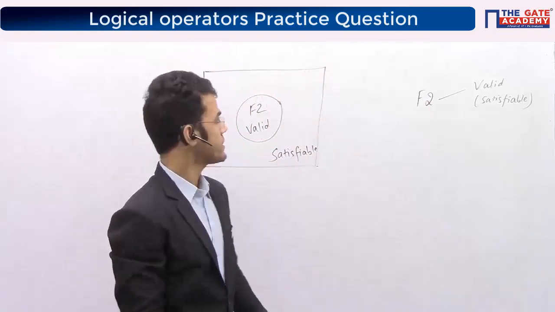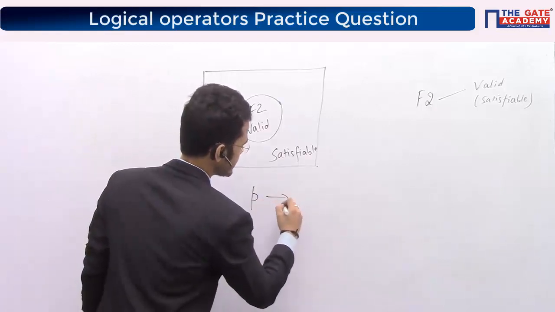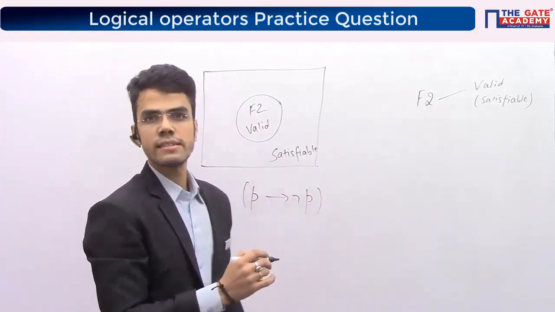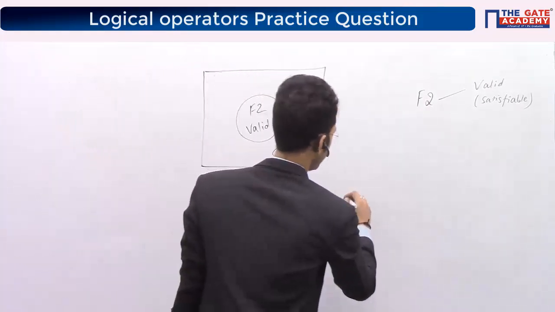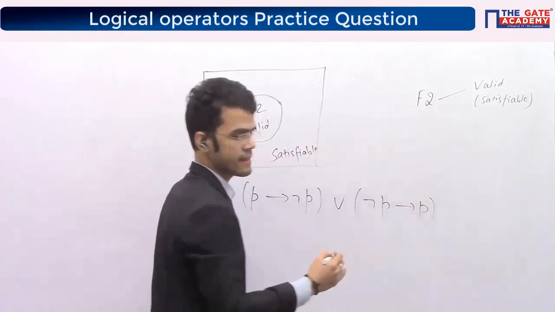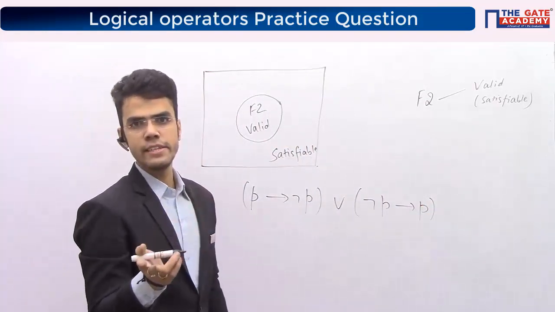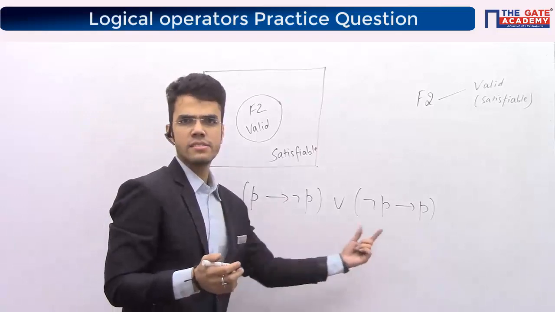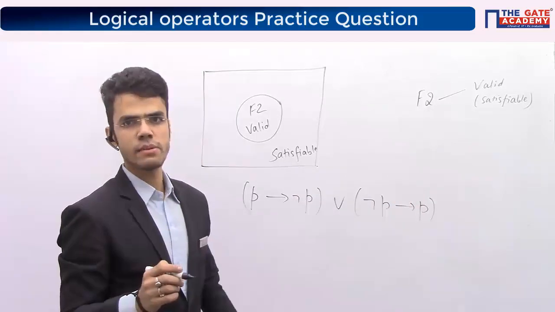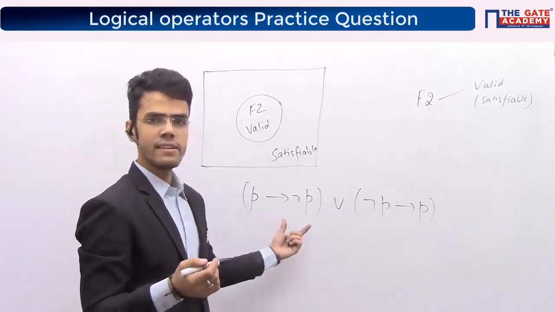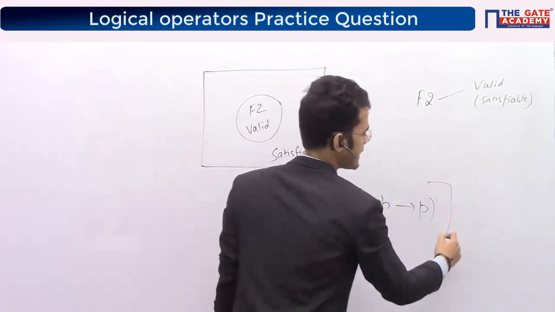So the F2 statement was P implies negation P. You are asking regarding F2 only, right? P implies negation P, or negation P implies P. Among the options, we only need to check two things, either validity or satisfiability. Satisfiable says try to check one true case. If one comes, you will say yes, it is satisfiable. For valid, you need to check whether all are true. What is my approach in that case? Try to generate one false case.